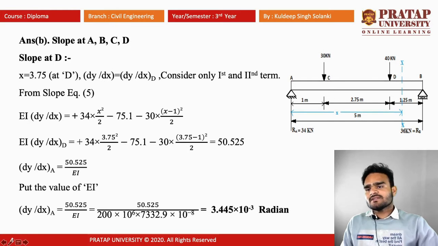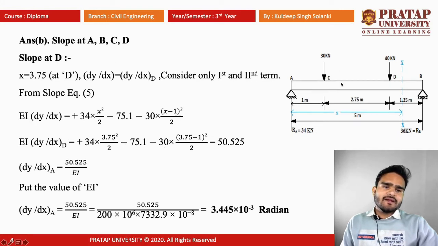And next is slope at D. Now we will calculate the slope at D and put the value of x equals to the distance at D. What is the distance from A to D? This is 1 meter and 2.75 meter. Total distance is 3.75 meter. Okay, put x equals to 3.75 meter at D, and dy/dx